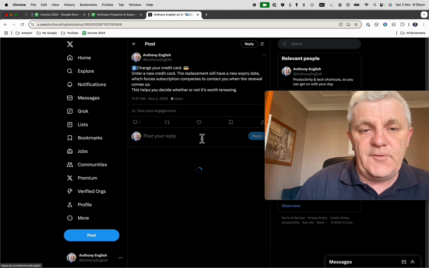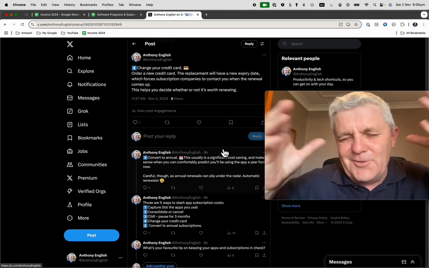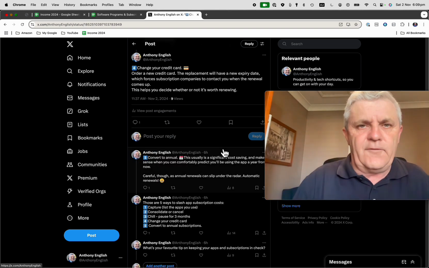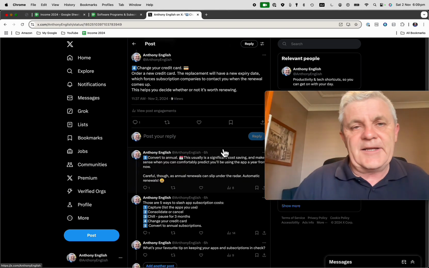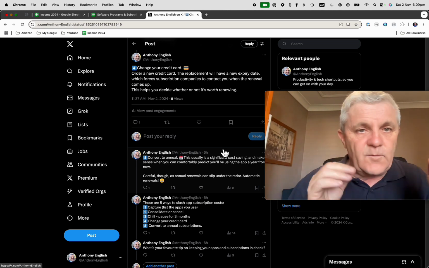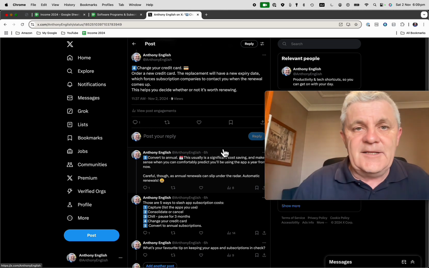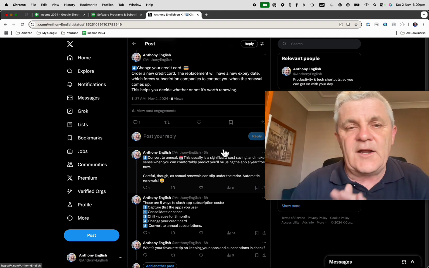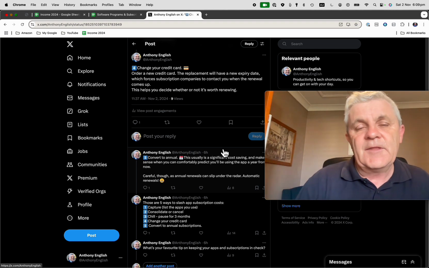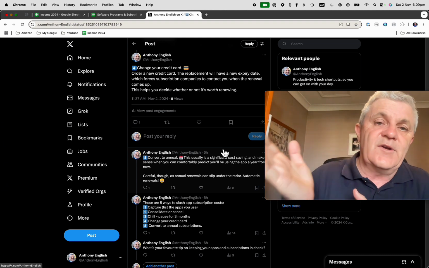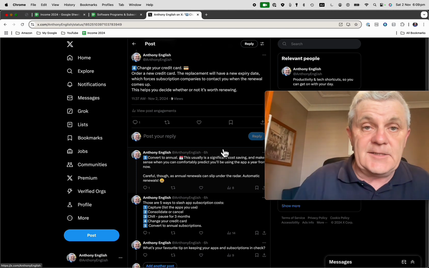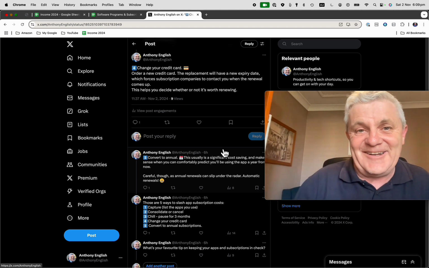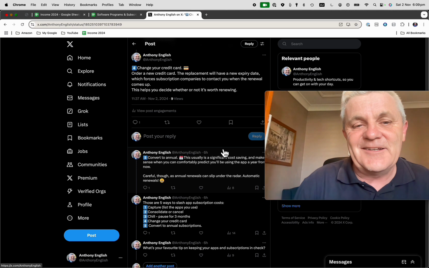Now, this fourth one is, if it's just too hard to keep track of all of your apps, to look at your bank accounts and to work out what you're paying for, well, here's another option: cancel your credit card or order a replacement credit card. What that will do is your expiry date will change, because you'll be getting a new credit card with a different expiry date.